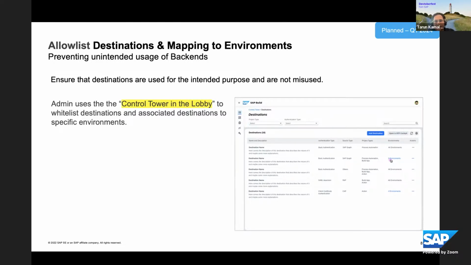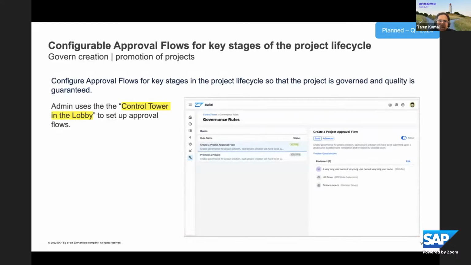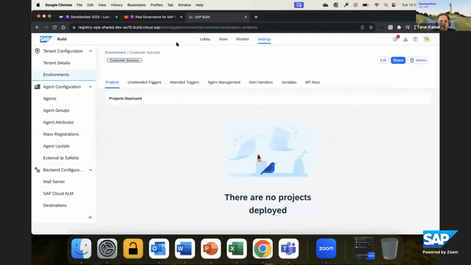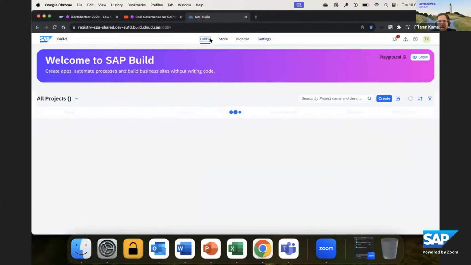And lastly, what we also want to introduce is a more configurable approval flow for specific stages in your project. If you think of it, today you can just click an action. For example, I think Amrita should show it to you, but maybe just a quick view.